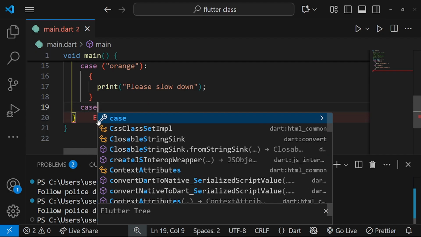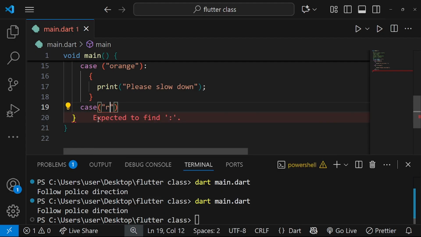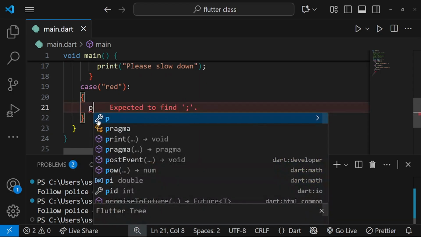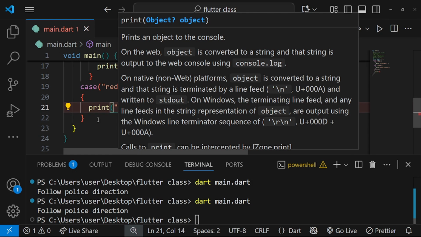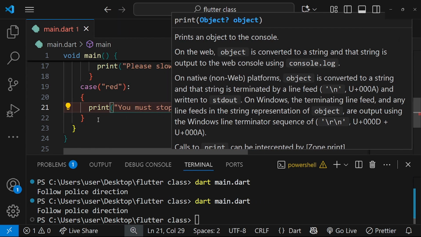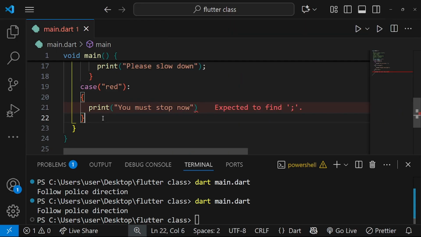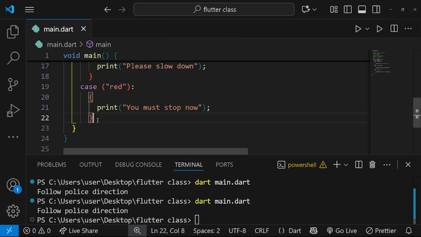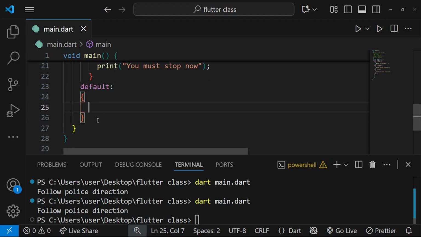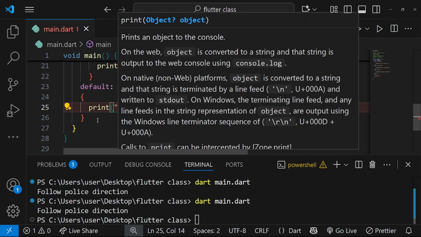We are going to another case. In case we have red, then we are going to print "you must stop now". And then in case it's anything else, right, that doesn't match, then we print a default value, and under the default value we are going to print